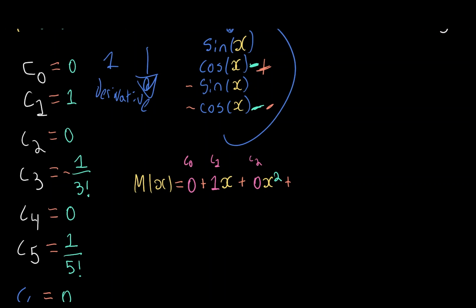now we're going to find c3, and c3 we found was negative 1 over 3 factorial, so we can replace this plus with a negative since it was a negative value. So it becomes negative 1 over 3 factorial times x to the power of 3. And then let's just do 2 more until you should see the pattern emerging. And then that's going to be plus 0 x to the 4th,